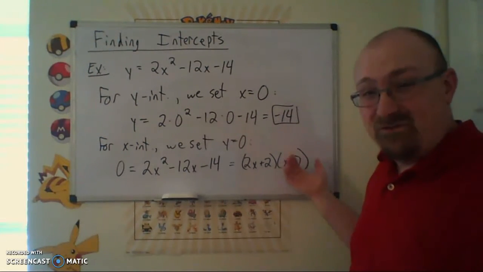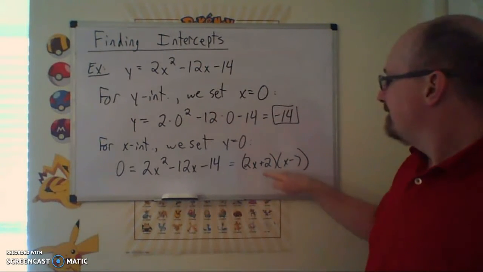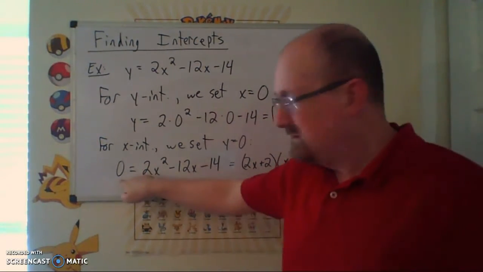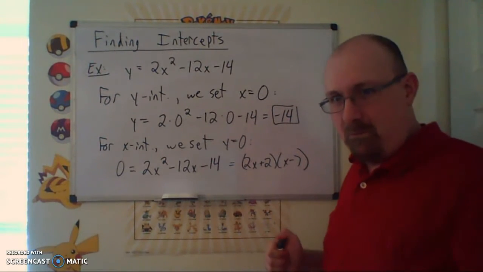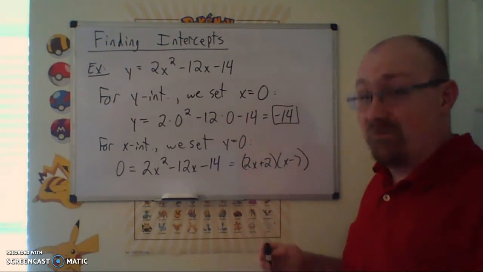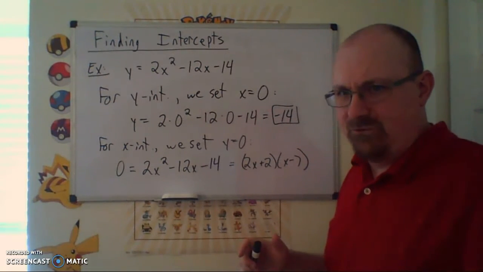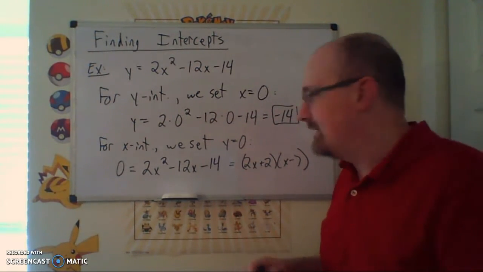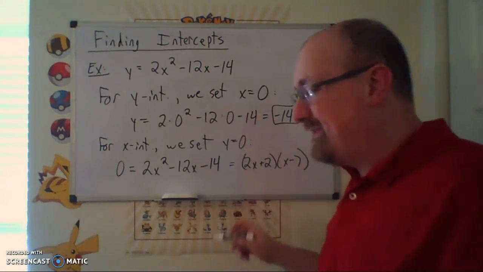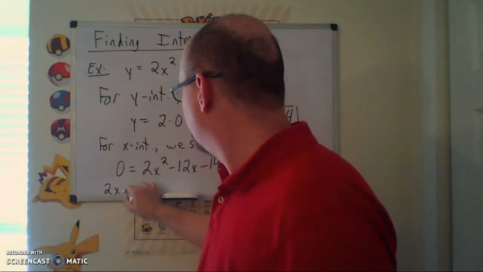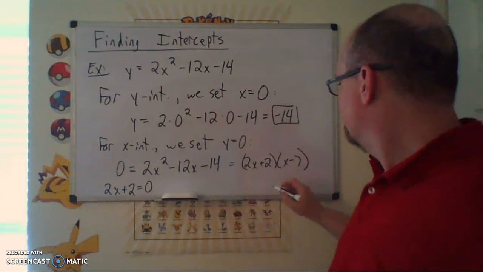Now, in order for this factoring approach to work, we need one key property of the way our real number system works. These two things multiply together, they give us 0. The only way you can multiply together two numbers and get 0 back is if one of those two numbers were 0 in the first place. You could technically try, but don't. You've got cooler things to do with your time. So now we take each of these separately and set them equal to 0. So we have 2x plus 2 equals 0, and then we'll have